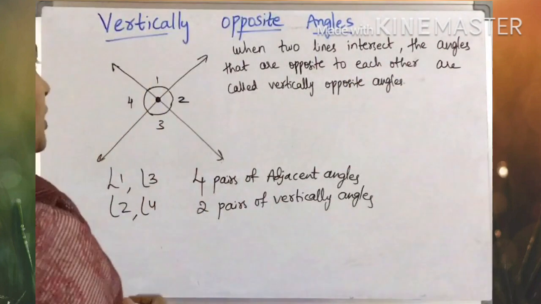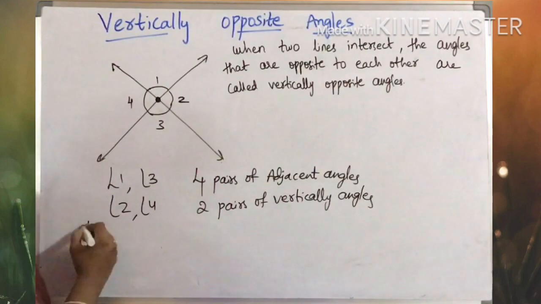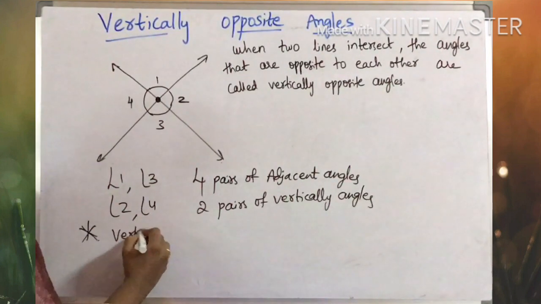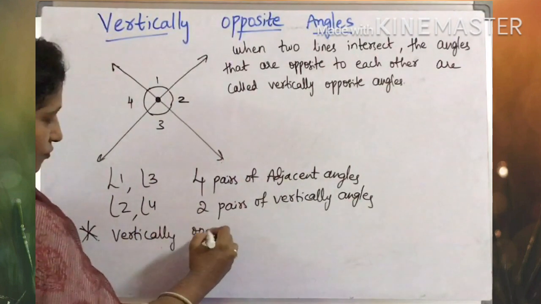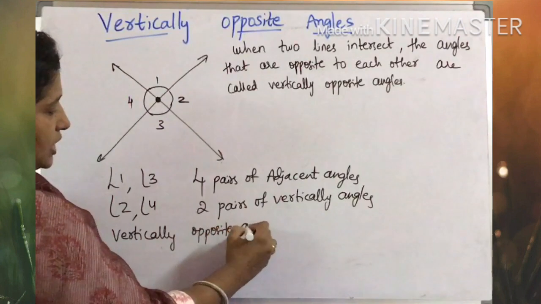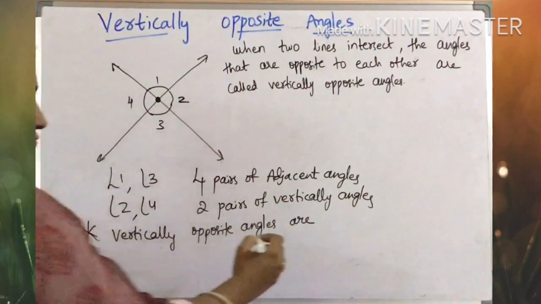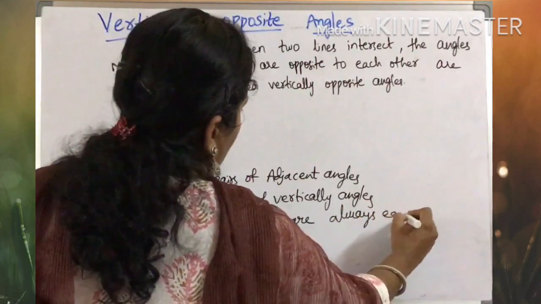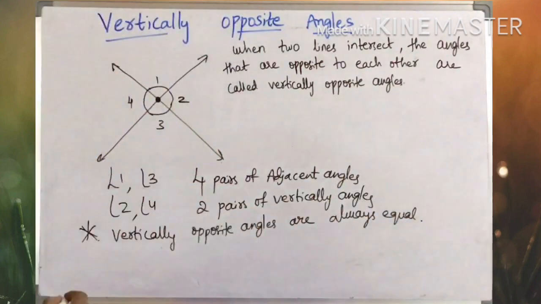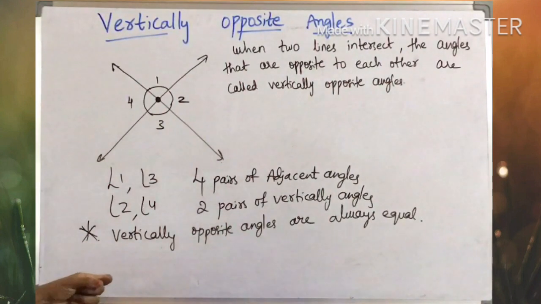And one more important point about vertically opposite angles: always, vertically opposite angles are equal. Opposite angles are always equal. So whenever two lines intersect, you will get 2 pairs of vertically opposite angles, and always vertically opposite